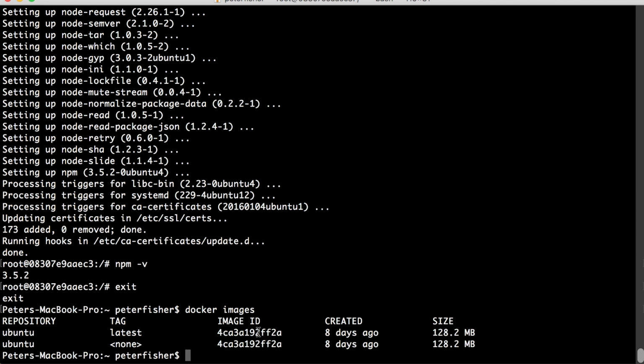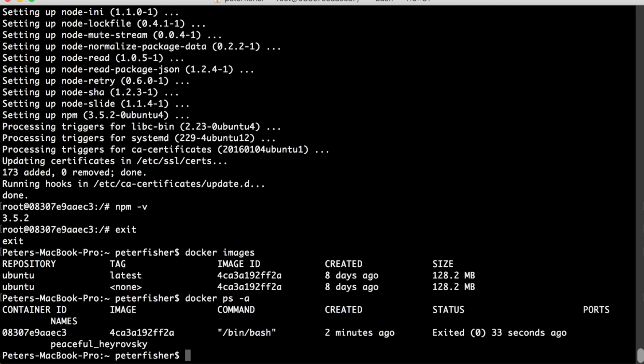So I do docker commit. In fact, I need to do docker ps -a first, because I said before that a container is a snapshot of an image, so we need to do docker commit and then the container ID, so it's that one there,